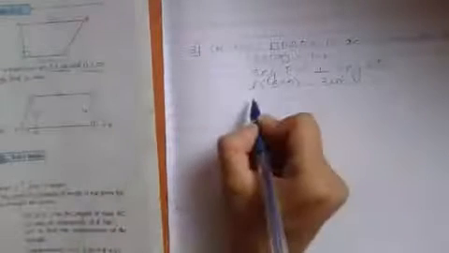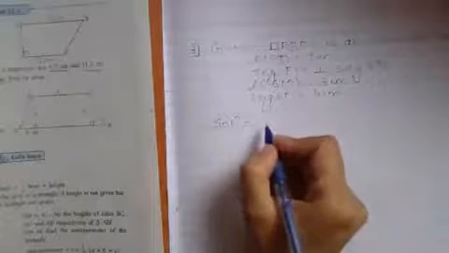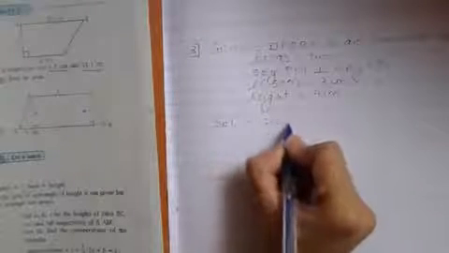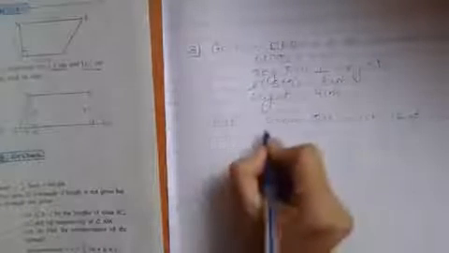Now they are telling us the distance, or we can say the height. What is the height? PM is the height. It is 4 centimeter. Okay, now we will write the solution. First we will write what we have constructed. So first we will write: draw QN, or construct QN, such that QN is perpendicular to SR.